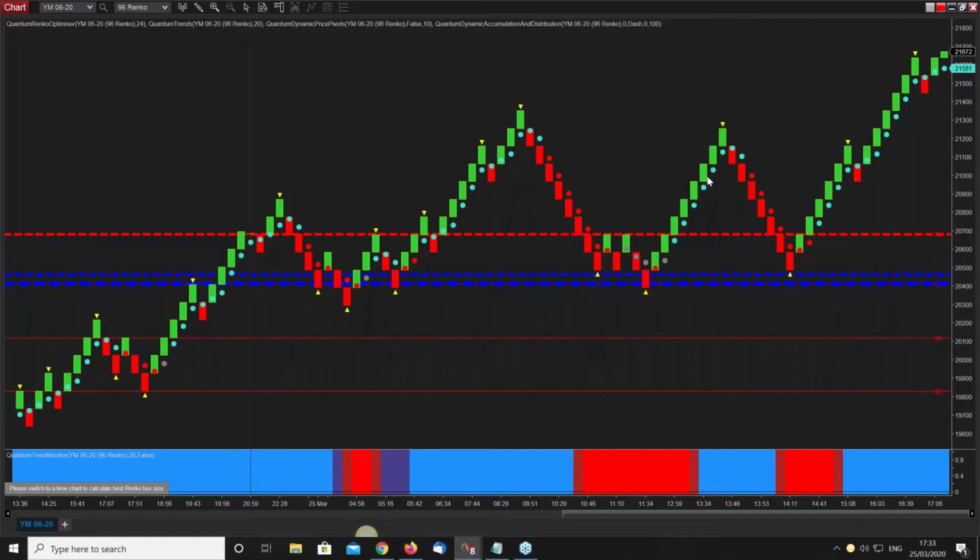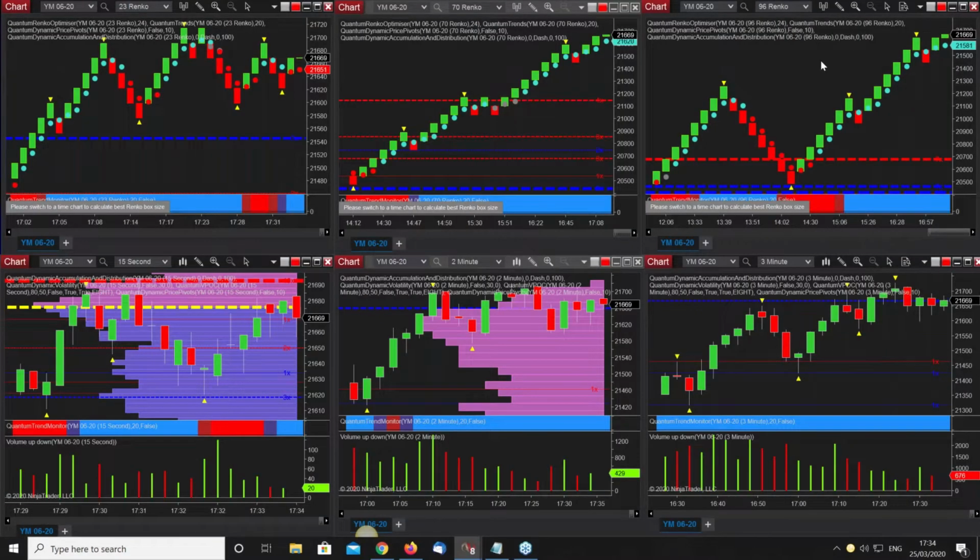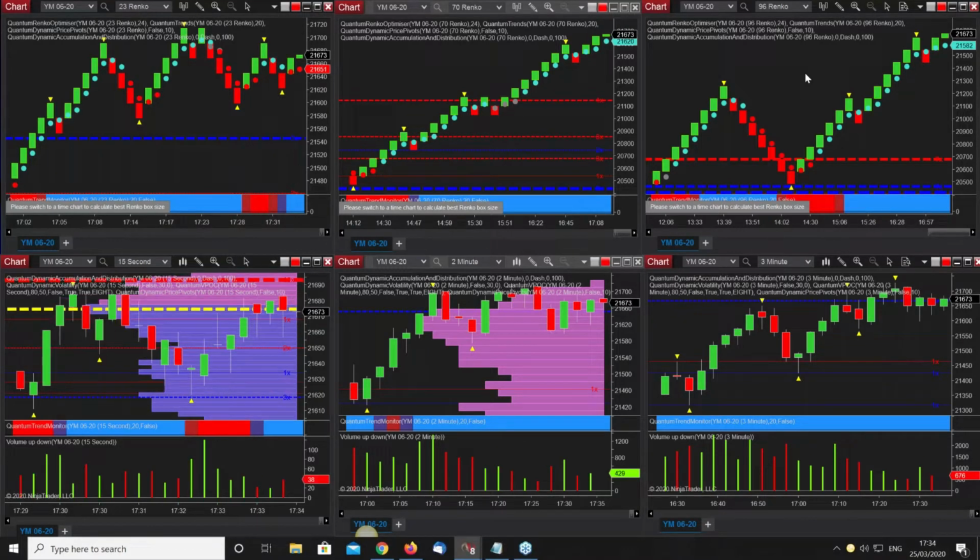This is the June contract for the Dow 30. In other words, each of those bricks is worth 96 points. So I'll leave you to do the maths, but we're getting on to $500 a brick here. And this is a pretty fast chart. So it gives you a perspective on the huge ranges that these markets are moving in, which is the first